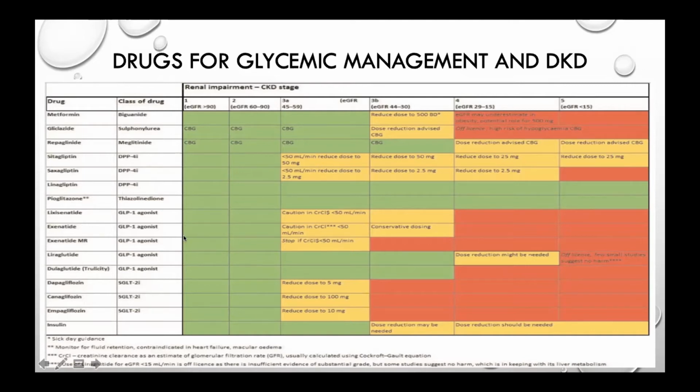morbidity, mortality, and also have renal outcome benefits is a welcome drug, in which GLP-1 receptor agonist recent trials up to an eGFR of 15, dapagliflozin with a trial of up to an eGFR of 25 is a very, very good addition